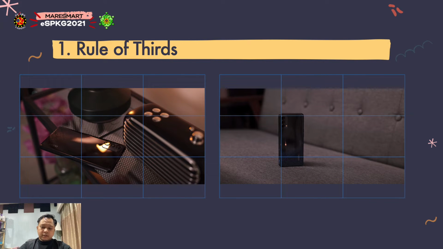You can see how it is done in this slide. You can see how the phone and the speaker are displayed, and in the second one, the phone on the sofa. Imagine that looks much more presentable and stylish. For your resume, you can also record with your face at the side like this, or at the side like this.